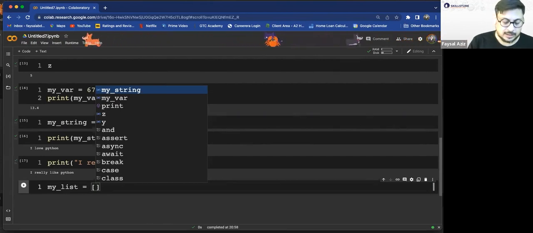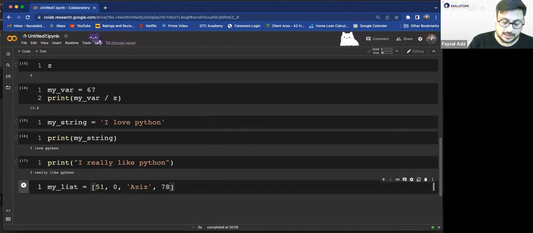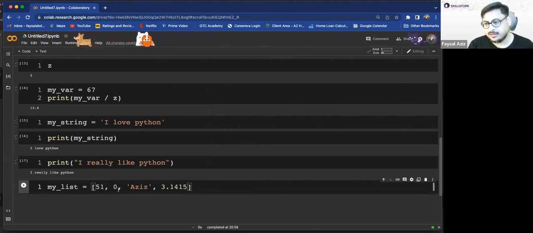For example, 51, comma, 0, comma, my name, comma, 3.1415. Okay, so we've got an integer, string, float,